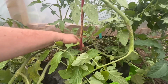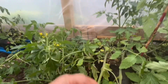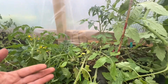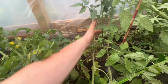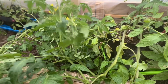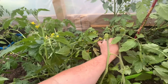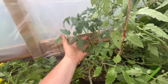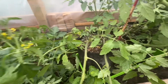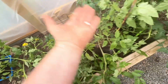So I'm thinking I might just clip it right here, because good Lord, it's insanity. It's absolute insanity. I could just clip off everything, these long shoots, and stick it outside. I could do that, and it would be fine, because all of these right here are armpit growths, and they're clones of the plant. But I don't want to do that because I want some fruit as soon as possible, and I'd have to wait for them to mature